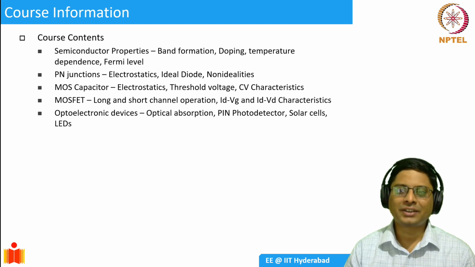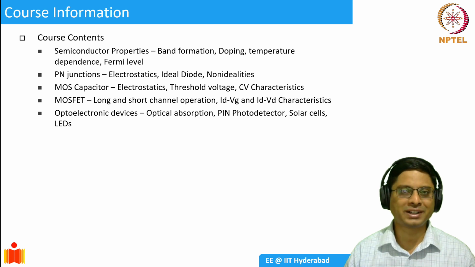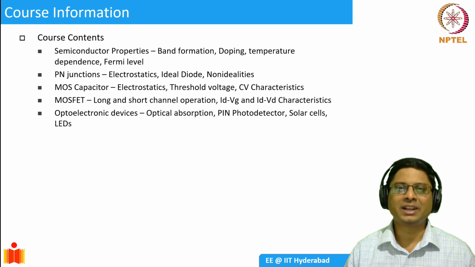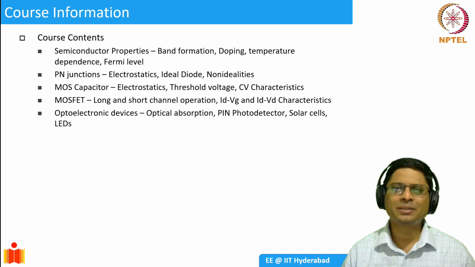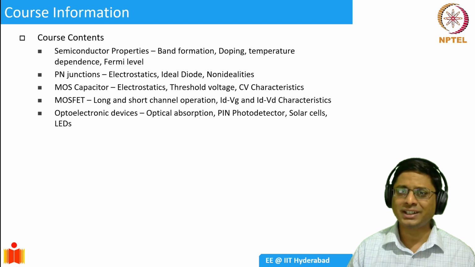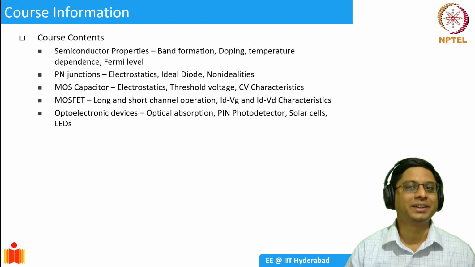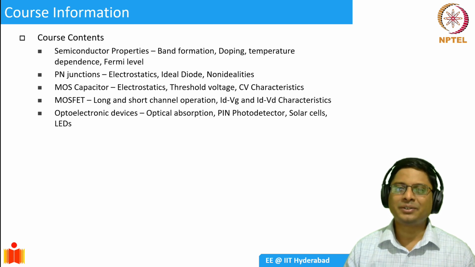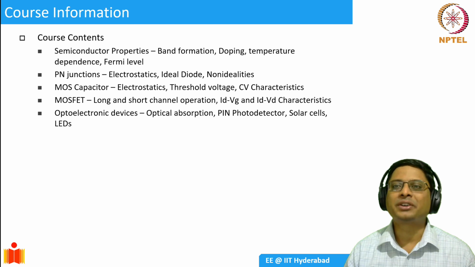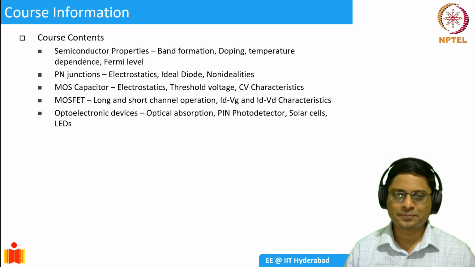So finally, in the last 2 weeks, we'll also touch upon a class of devices which are known as optoelectronic devices. So if you see today, we have LED bulbs in our homes. We have solar cells on our rooftops. So how do these devices work? How are they able to produce light in the case of LEDs? And how is the solar cell able to convert light into electricity? So we will understand that. We will spend a little bit of time on that. And with that, we would have covered a broad spectrum of semiconductor devices with emphasis on fundamental principles.